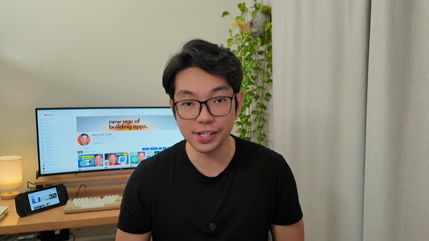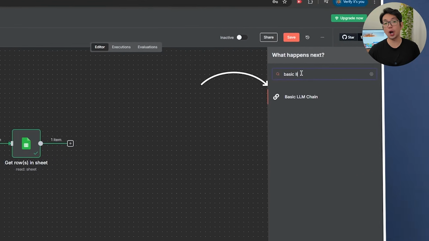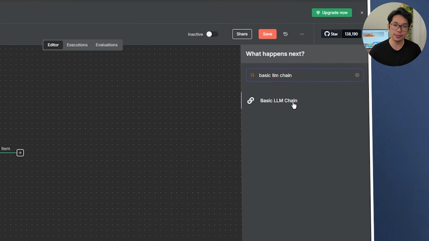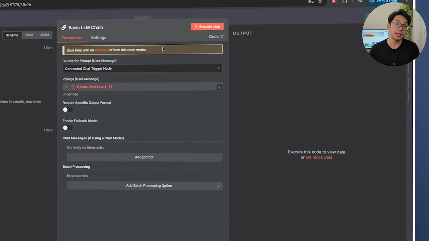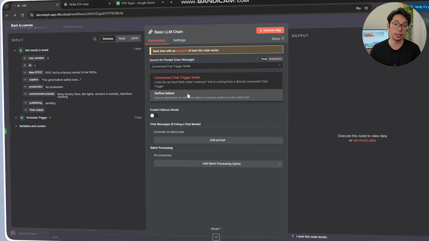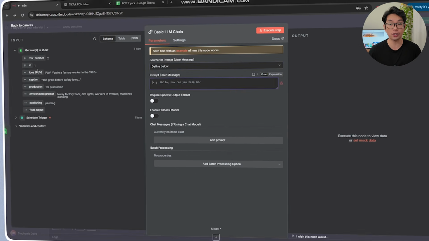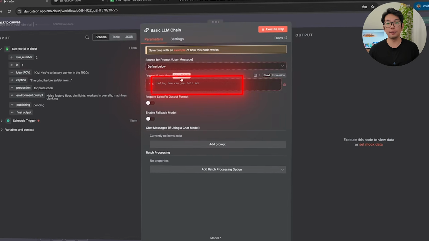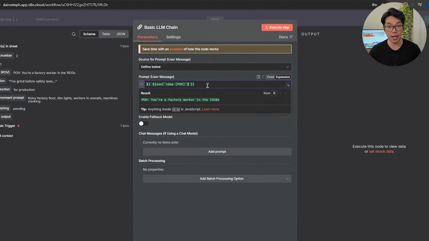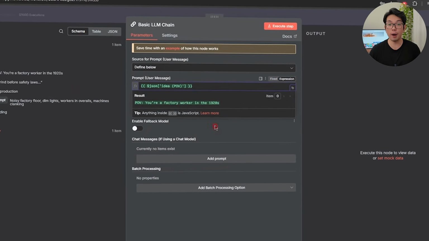After pulling a POV idea out of the sheet, it's time to shape it into something more than just a line of text. Now, this is where the workflow calls on an LLM chain. Essentially, it's handing the idea to a model and then saying to it, give me a structured version I can actually work with. So we'll start by adding the basic LLM chain node, which lets us talk to the model